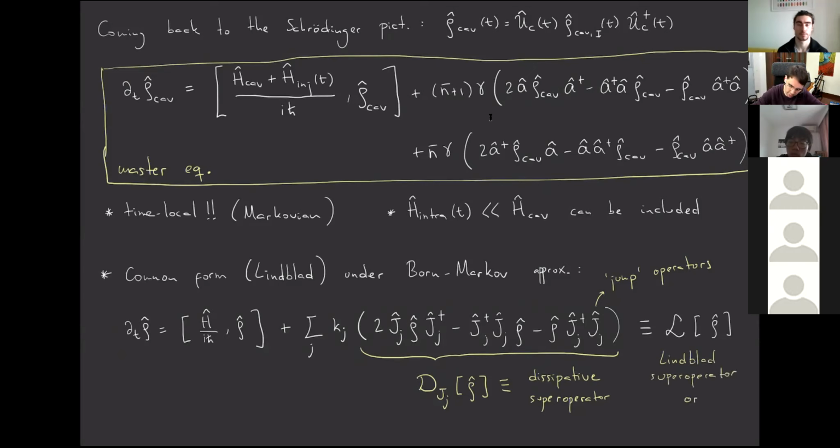Or maybe you have heard the word Lindbladian, okay? So essentially, at least this allows you to see this form of the master equation that we have found, and of course in our case,